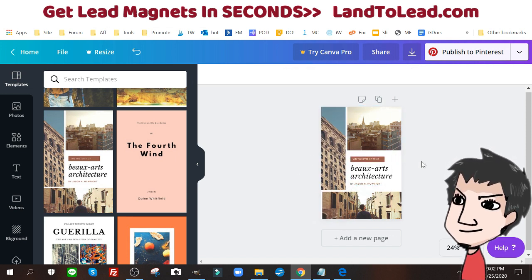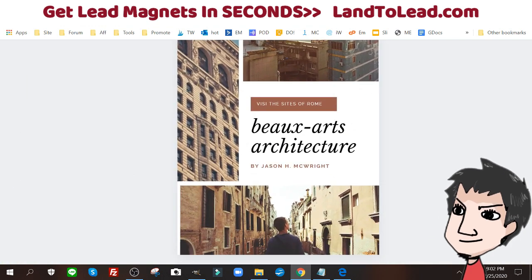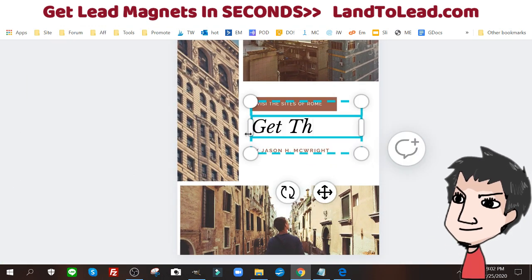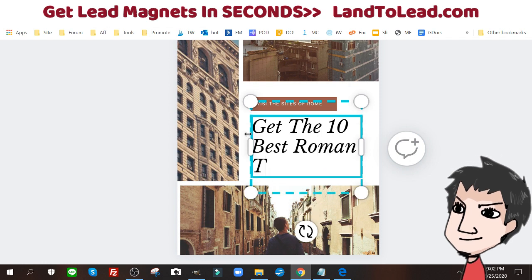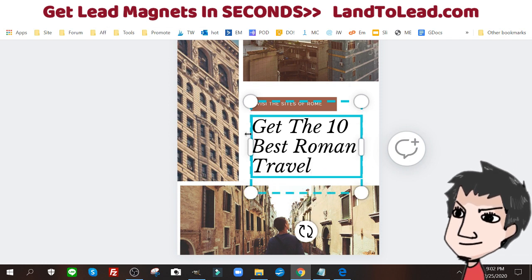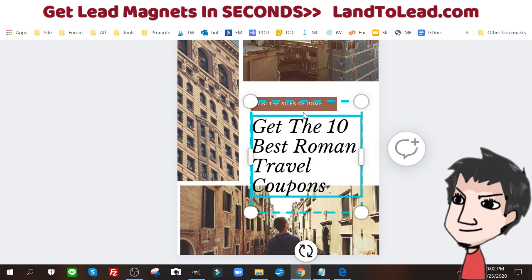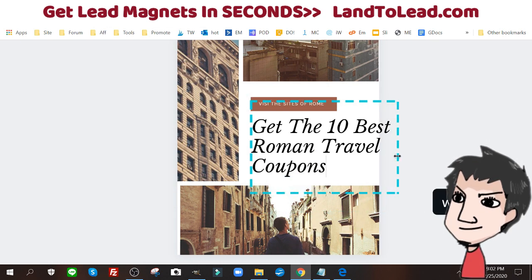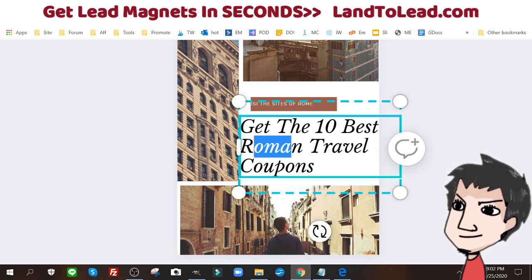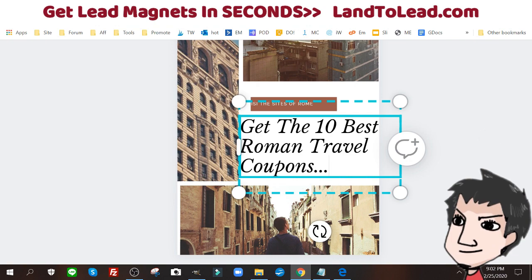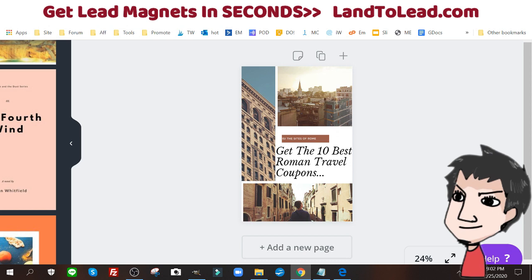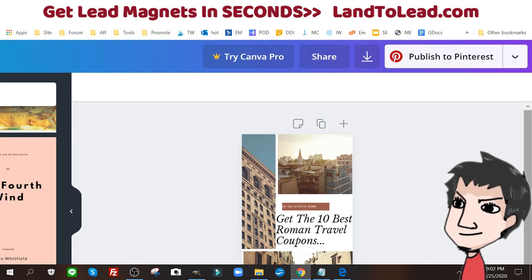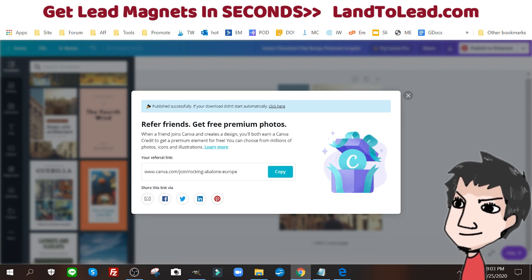So I have my visit the sites of Rome, get the 10 best Roman travel coupons, for example. And increase that. Okay, so we're done with our template here. What you're going to do now is you're going to download this. Once it's downloaded,